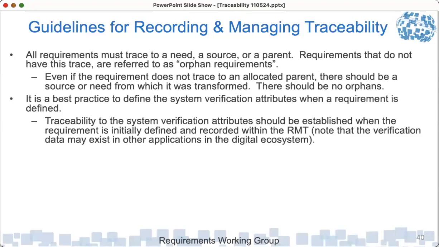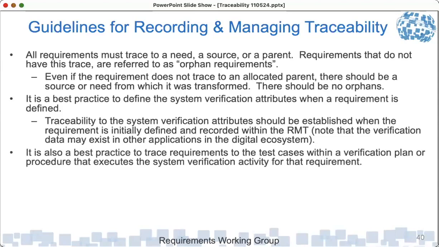It's best practice to define system verification attributes when a requirement is defined, as well as system validation attributes when needs are defined. When you do this, you should be establishing traceability to the system verification and validation attributes when the needs and requirements are initially defined and recorded within your tool. It could be that you have another tool that is used to manage verification and validation activities. So in that case, this traceability may be a link to that other tool. It's also best practice to trace requirements to the test cases within a verification plan or a procedure that executes